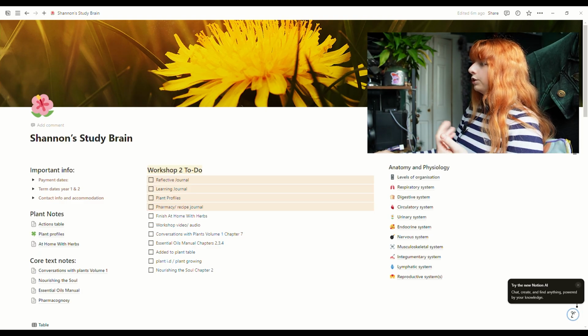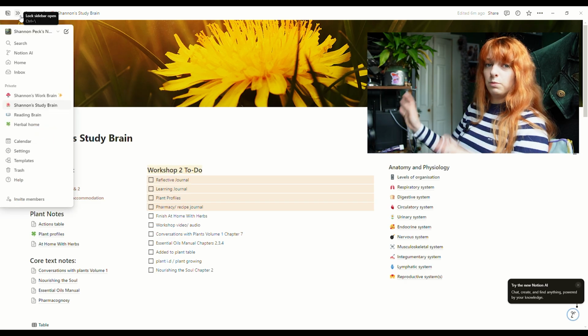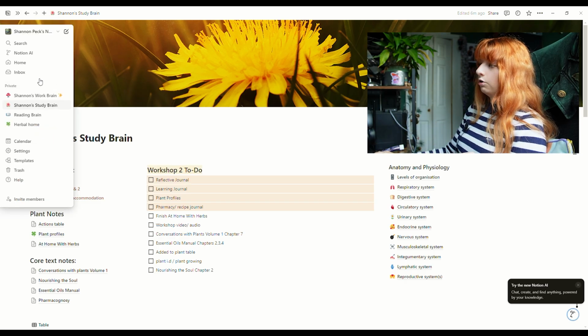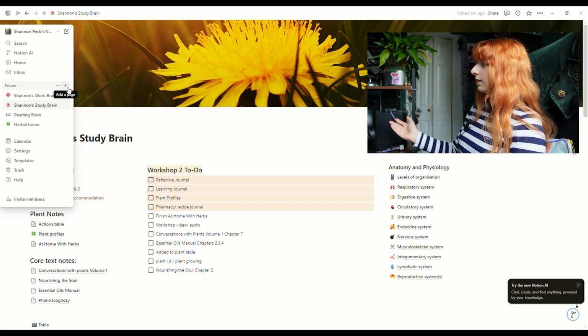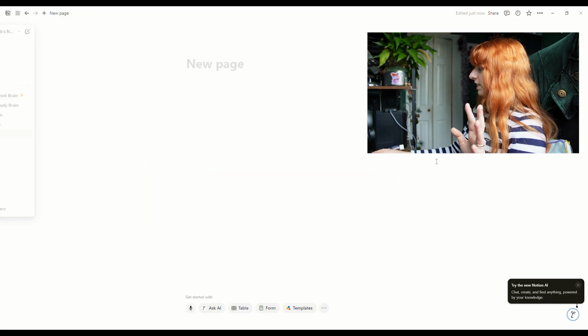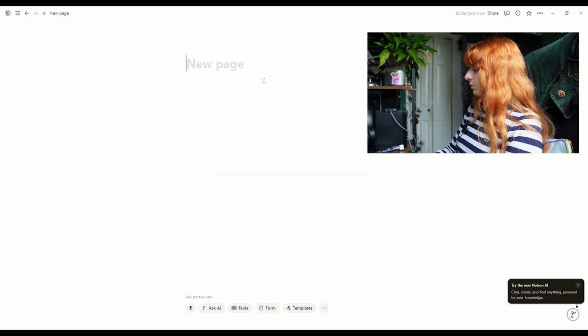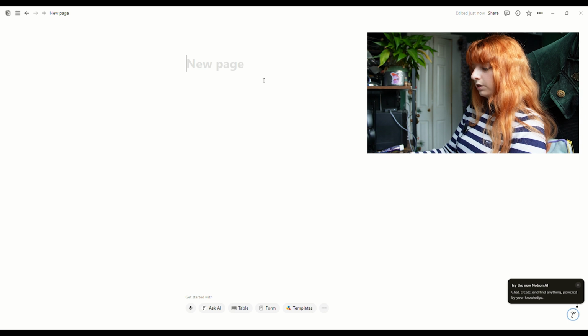So when we come onto Notion and open it, you should have a brand new blank page in front of you. If not, you go down to private, because I have a private one, and then you add a page. And this is what it looks like. It's blank, it's shiny, it's new, fantastic. So what we're going to do is label this one. Let's call it